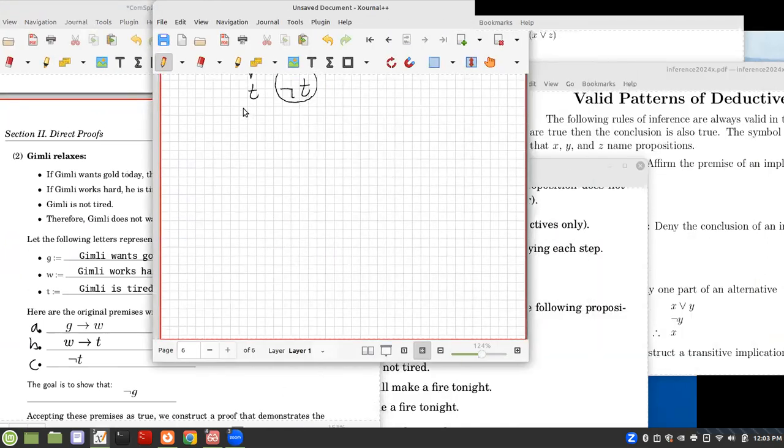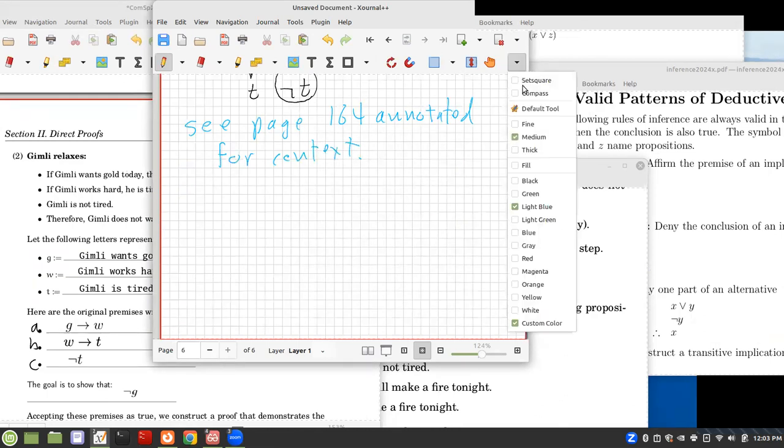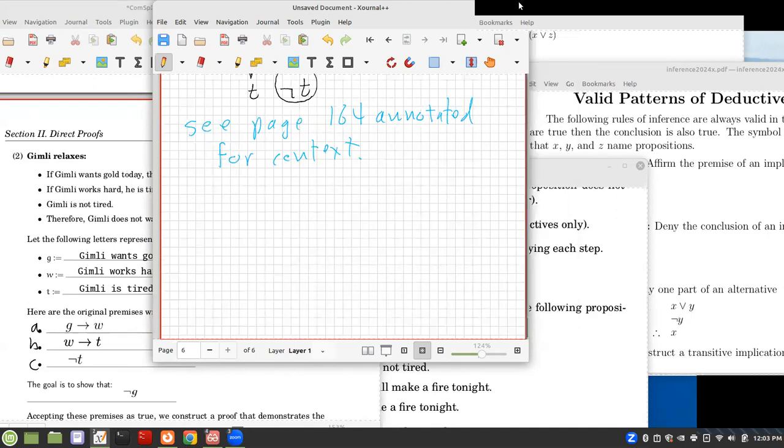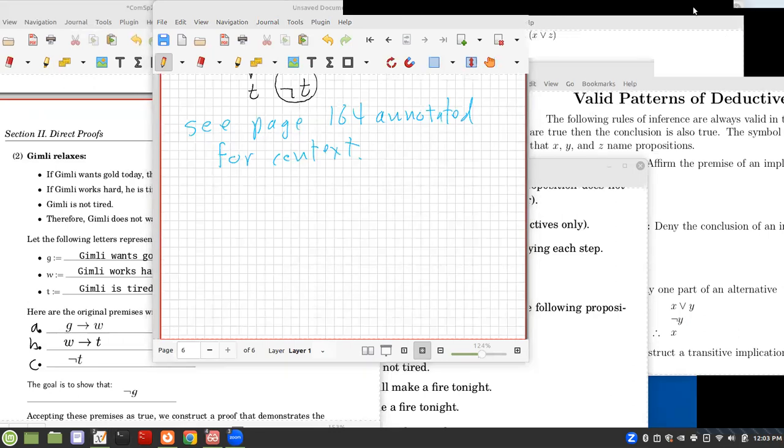I should put up here, see page 164 annotated, for context. Black. Okay, there we are. Well, let me go to another